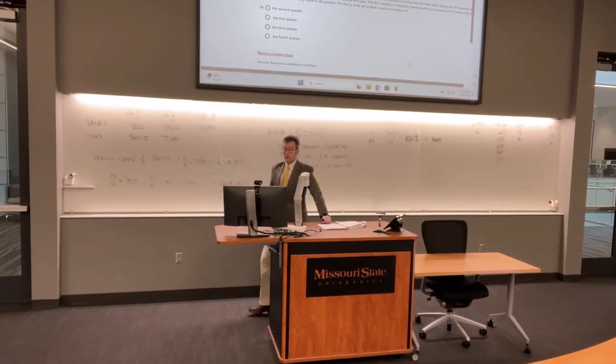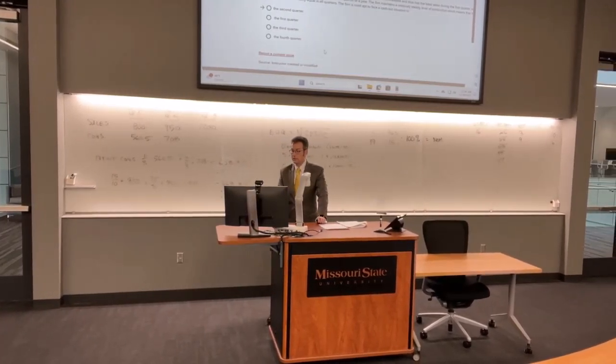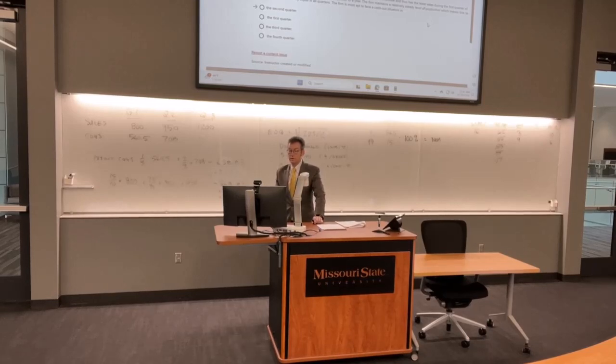A manufacturing firm has a 90-day collection period. The firm produces seasonal merchandise and has the least sales during the first quarter of the year and the highest sales during the fourth quarter of the year. The firm maintains a relatively steady level of production, which means that its cash disbursements are fairly equal in all quarters. In other words,